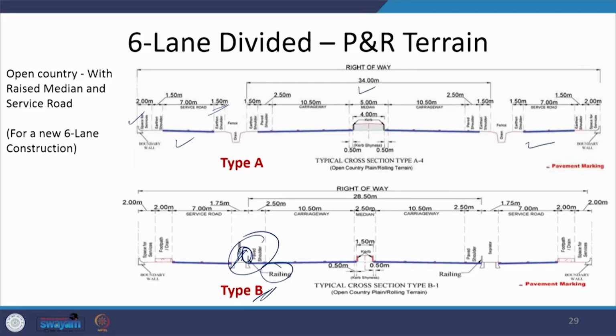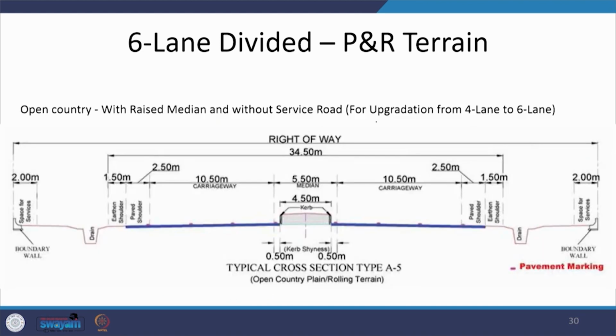So, that is a difference which is coming in these two cases. Another change here is in terms of a provision of a footpath, or a provision of a footpath with a drain collectively on the side. This again all depends upon what type of area this section is passing through. We need to see whether we have to go for the earthen shoulder conditions or for a footpath provision. Here in this case, this is a case for upgradation from a 4-lane to a 6-lane system,